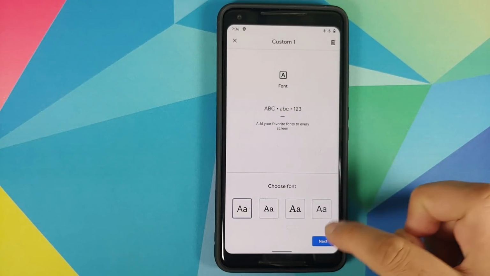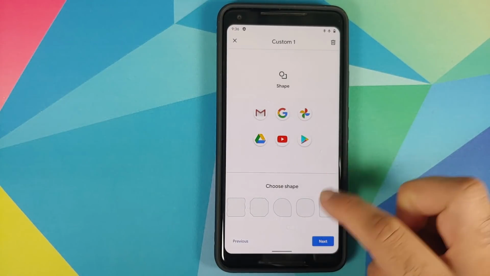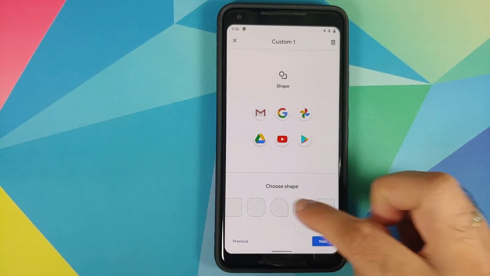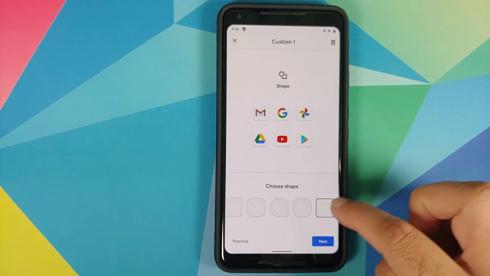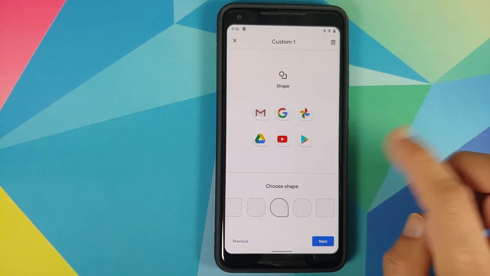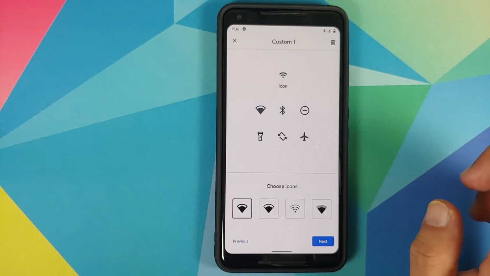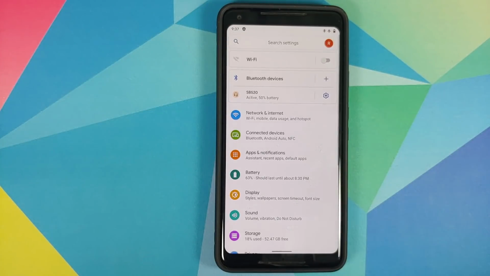And if you try to add a custom theme, you now have some different icon shapes. And the ones which you see here, this is the teardrop one. And then you also have a squarish with rounded edges and more rounded edges here. So these options have been added with Android 11 or Android R. Of course, you might not see the option for custom clocks, but that is something which has changed on Android 10 as well with an update to, I think, the wallpapers application.